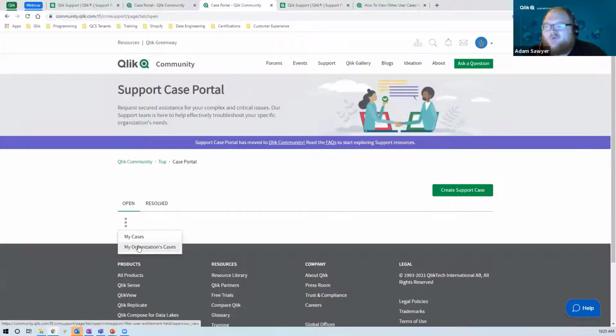We've gotten a lot of questions as to why we did this, right? Ultimately, what we want to do is put the ability for you to manage how you work with support in your hands, right? In the old system, we sort of defaulted to this view of, I can see all of the cases that are working in my account.